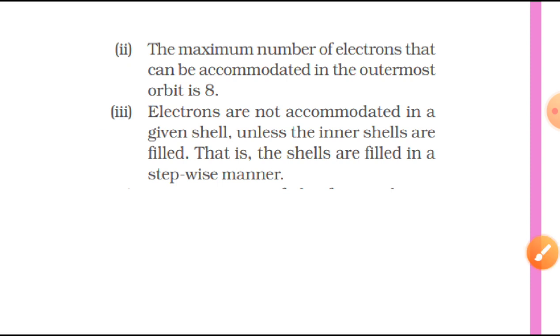Now I will give you an example of how you have to understand it. So students, let's start with any element. Let's say, look, Z is the symbol for atomic number, and now we are talking about atomic number 5. When some element has atomic number 5, let's see how the electrons will be distributed. So firstly, the K shell will be filled. We all know that the maximum number of electrons in a K shell is 2. So the K shell will have 2 electrons.